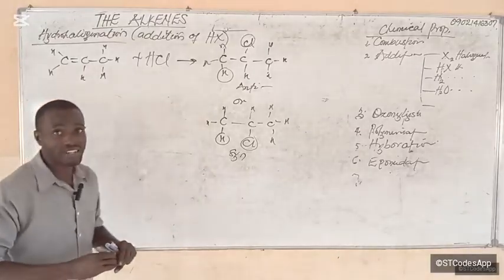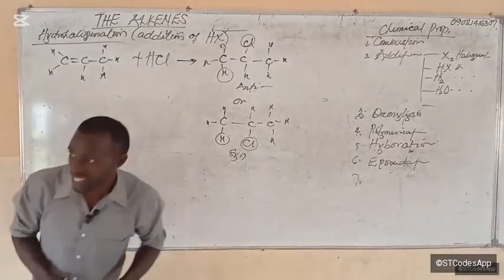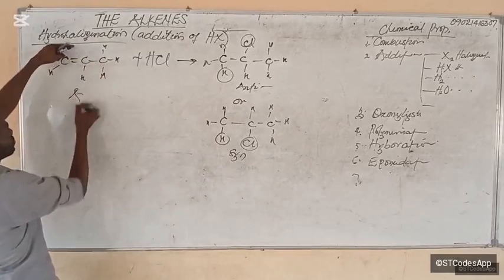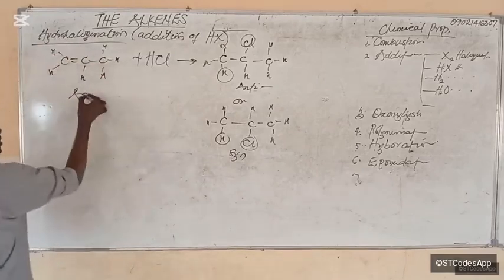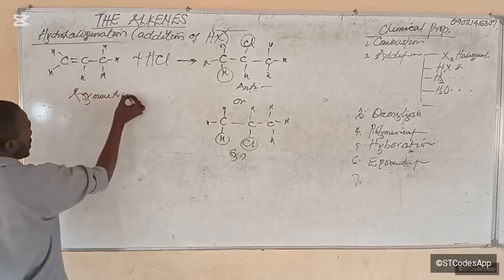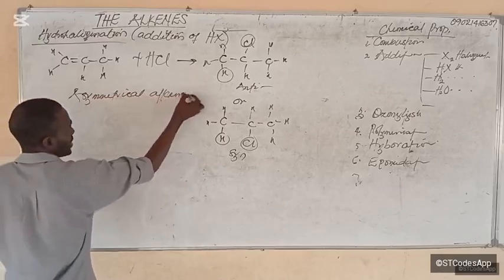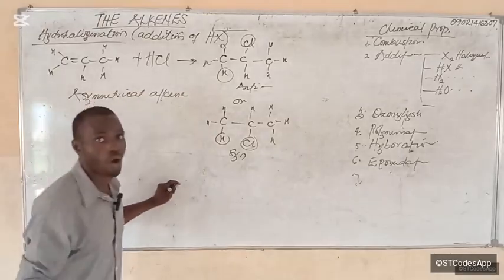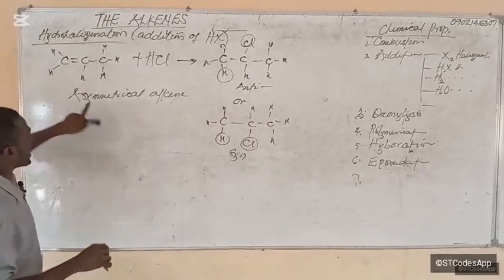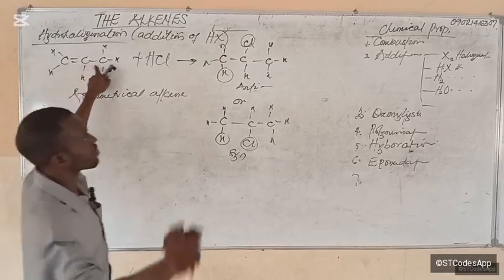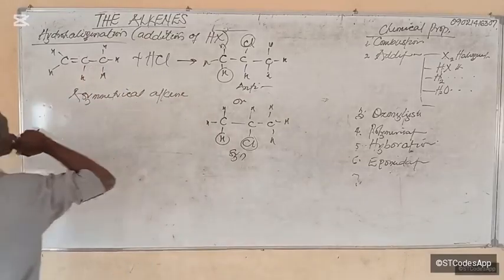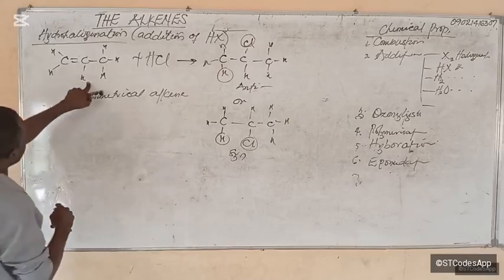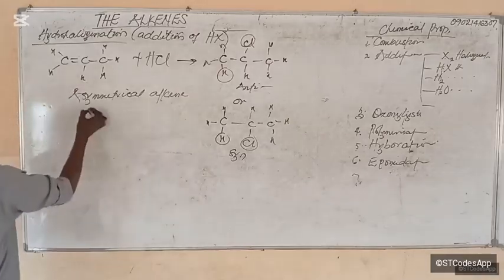Now here's the case. If we want to add to, yes sir, if we want to add, now this is an asymmetrical alkene. If we want to add to a symmetrical alkene, the product is always the same. But if we want to add to an asymmetrical alkene like this, there are two possible products. Now, it's either this or this. If you want to add to a symmetrical alkene,